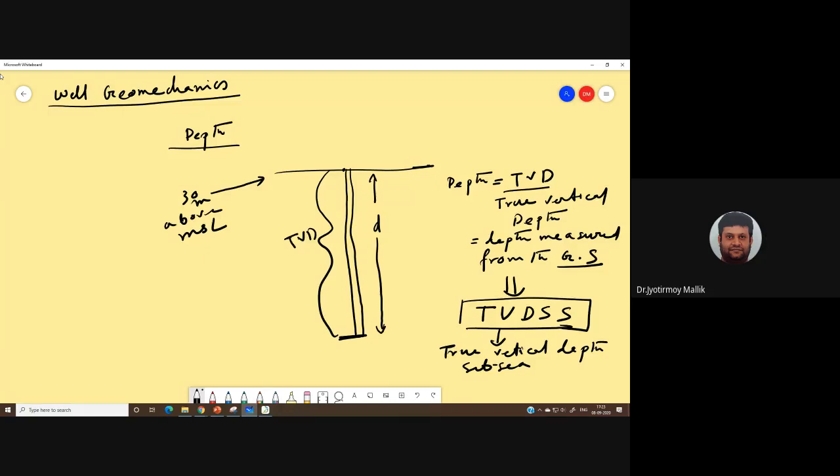So, for example, say this particular ground surface is 30 meters above the mean sea level. That means my mean sea level is somewhere here, right? And that is more or less a straight line everywhere. But this ground surface might not be straight everywhere, right? So maybe after 100 kilometers, the ground surface is like this, but the mean sea level will still be straight. Okay, if I now have a well here,